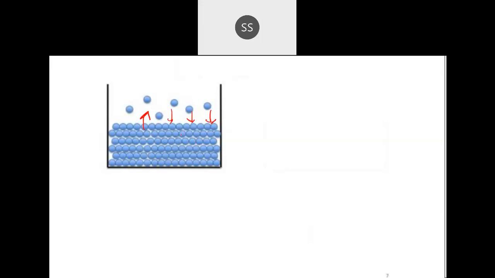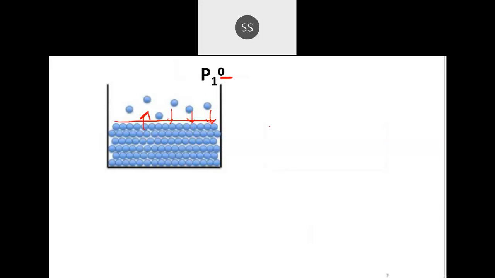So if I label this component as 1, then whatever pressure is exerted by them is written as P1 naught. You can see here in the superscript we are using P1 naught. This naught indicates the pure solvent, because I have only one liquid here. Only this blue kind of liquid is present, only those gas molecules will be on the surface of the liquid, and only they will be exerting the pressure. So I can write it as P1 naught.